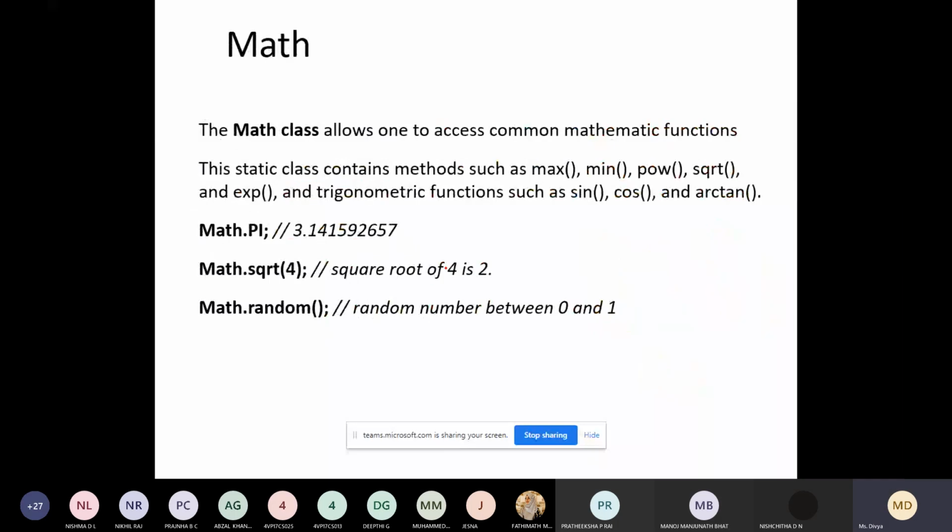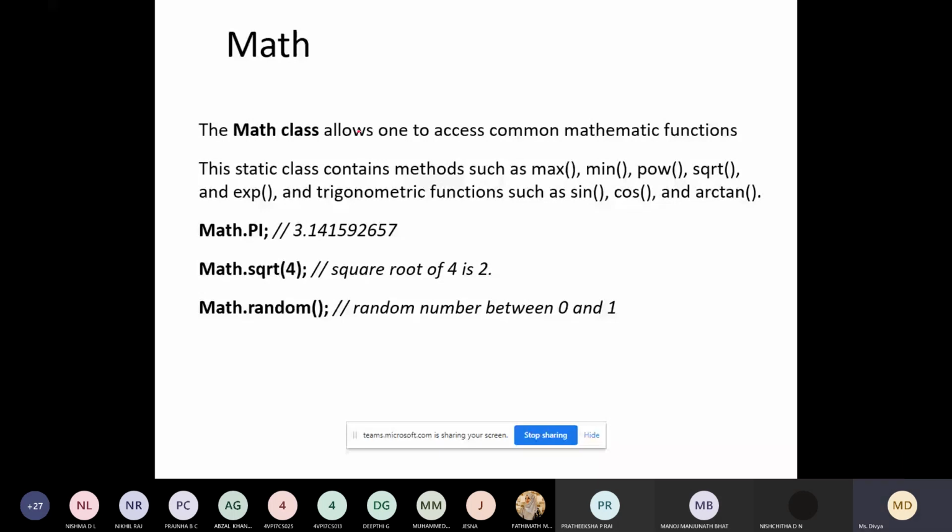Going on to the next object. We are done with the array object. If they ask you for 10 marks or 8 marks, you can explain the array object with all methods. You can give a simple example.